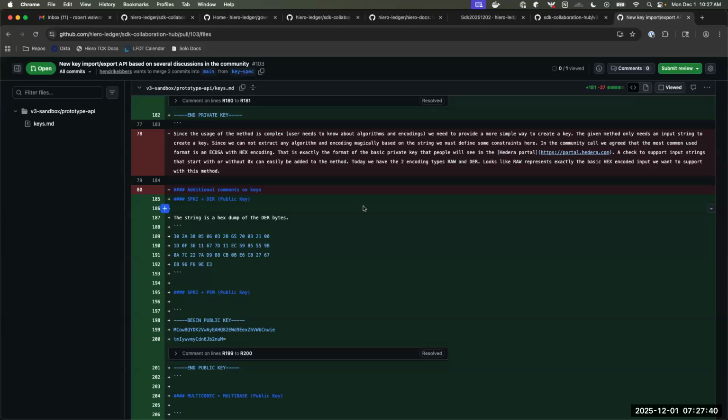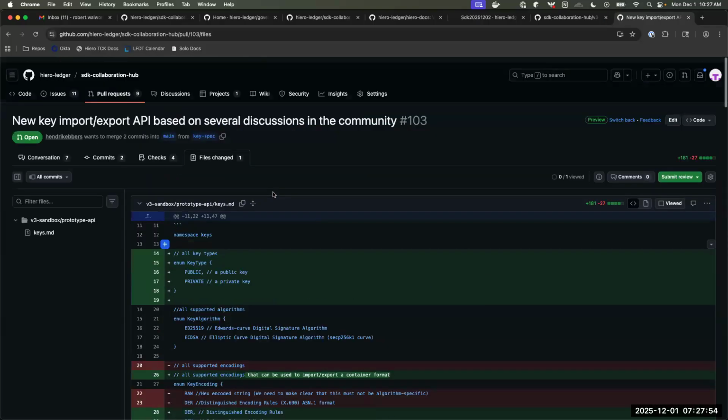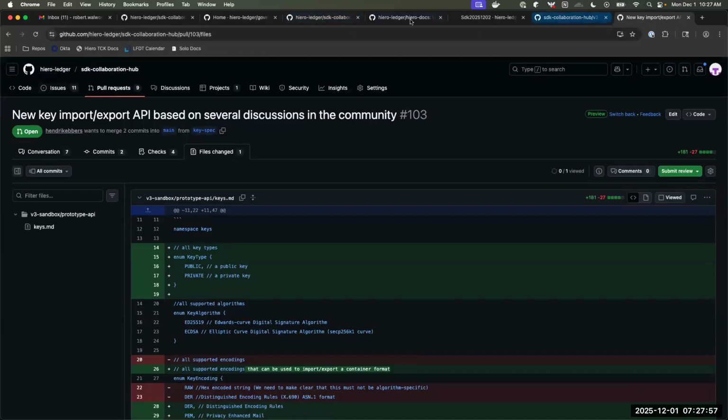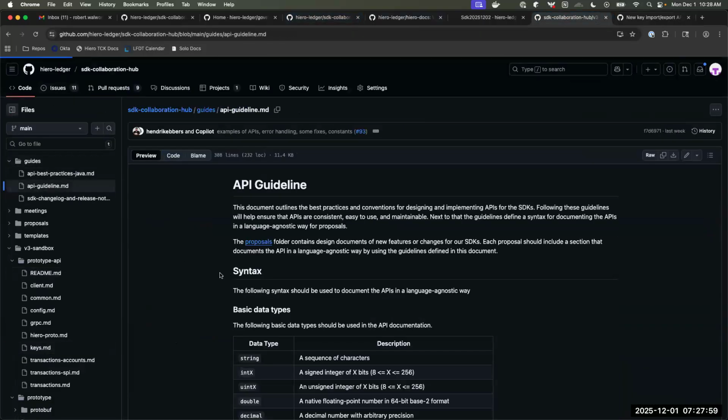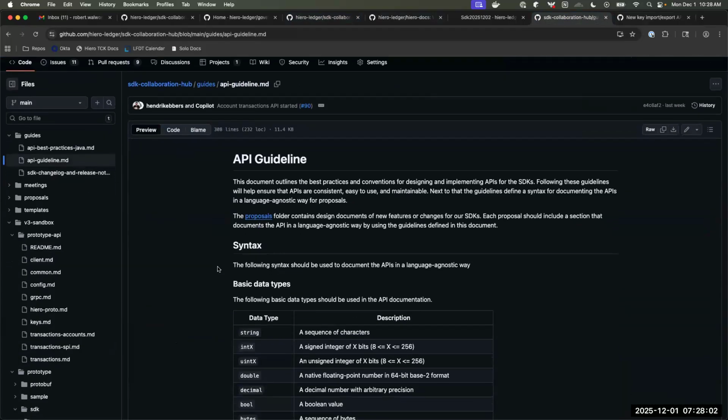But in the back of my head, I still think that'd be something good to try and keep up with if we can. We have this API guideline defined. Why not try and keep documentation, so that even if we go through this process, get V3 approved and released, we still have something somewhere that defines exactly what V3 looks like.